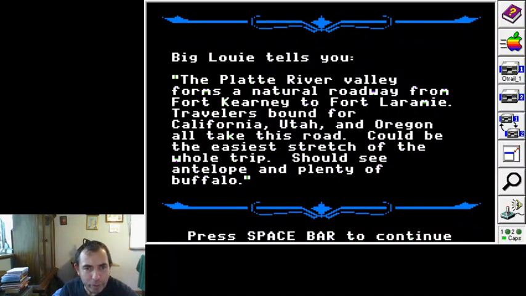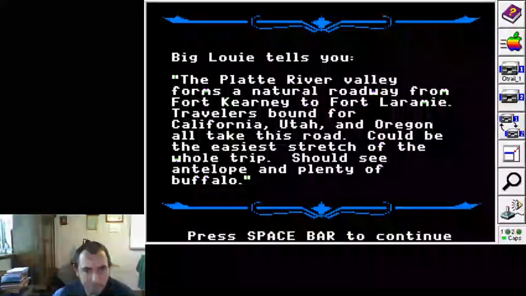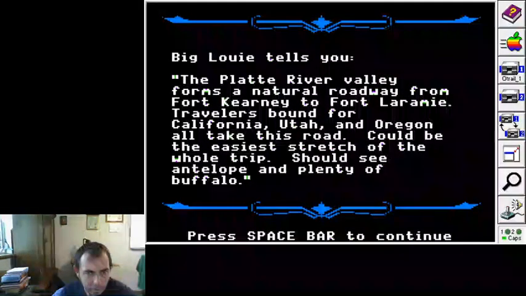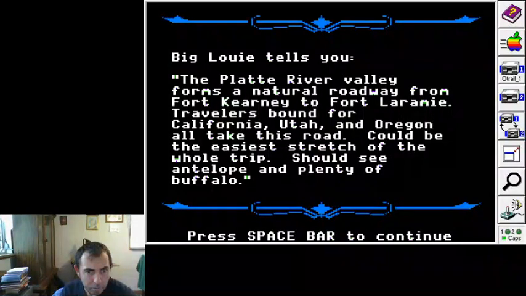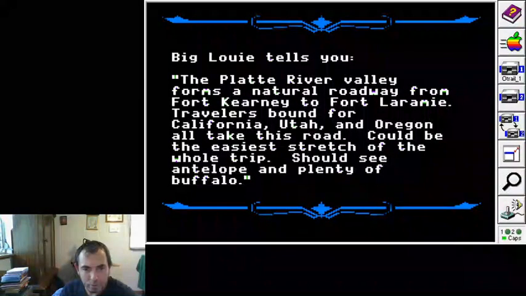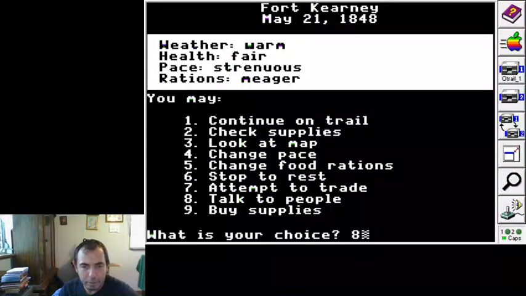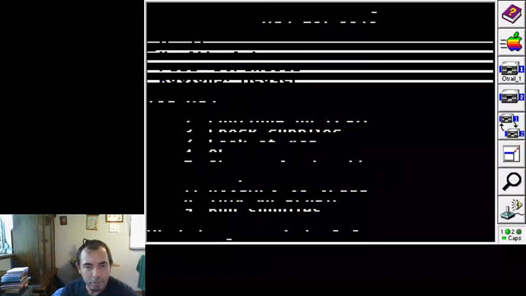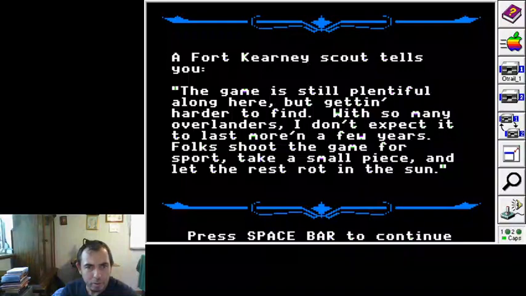Big Louie. Hey, Big Louie. Could be the easiest stretch of the whole trip. All right. And it says, hey, might see some buffalo to kill, antelopes or whatever.